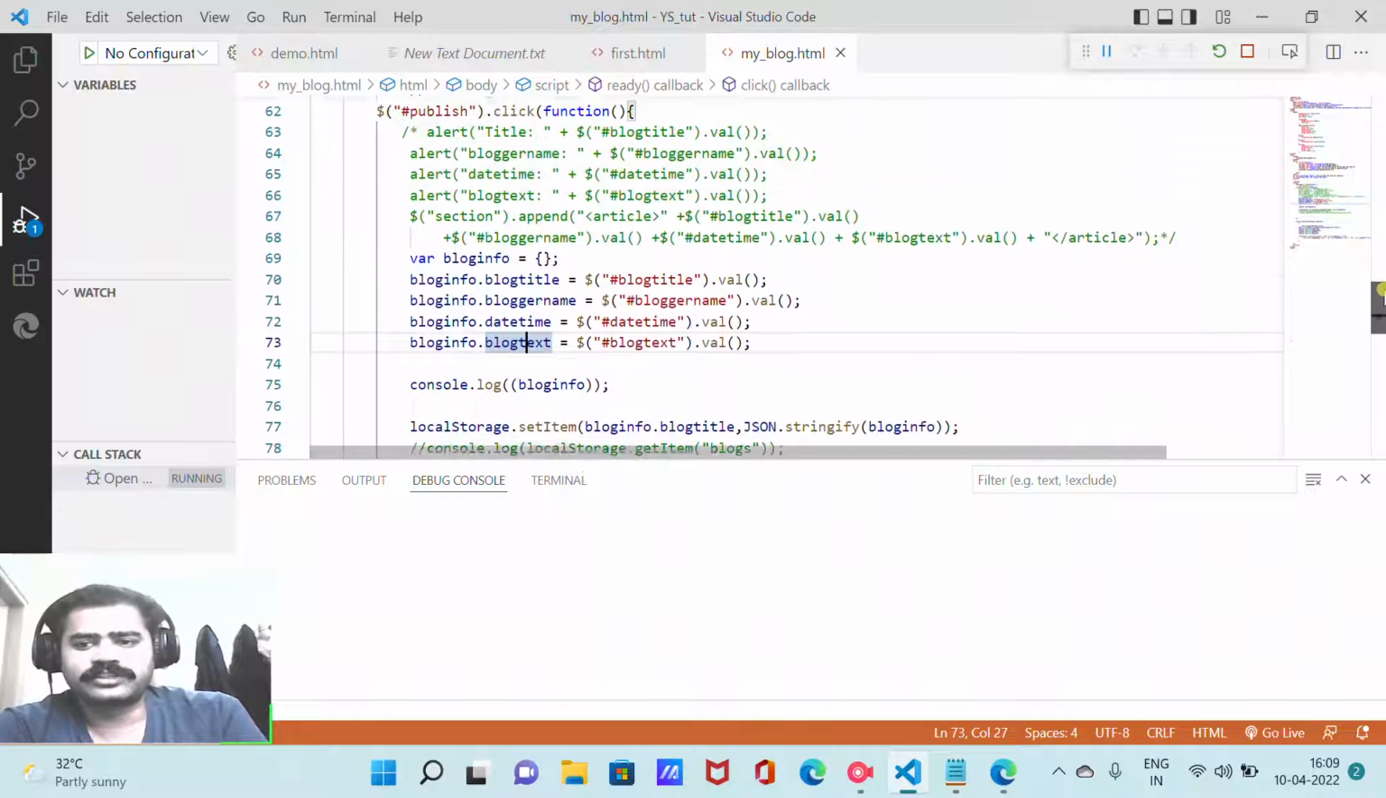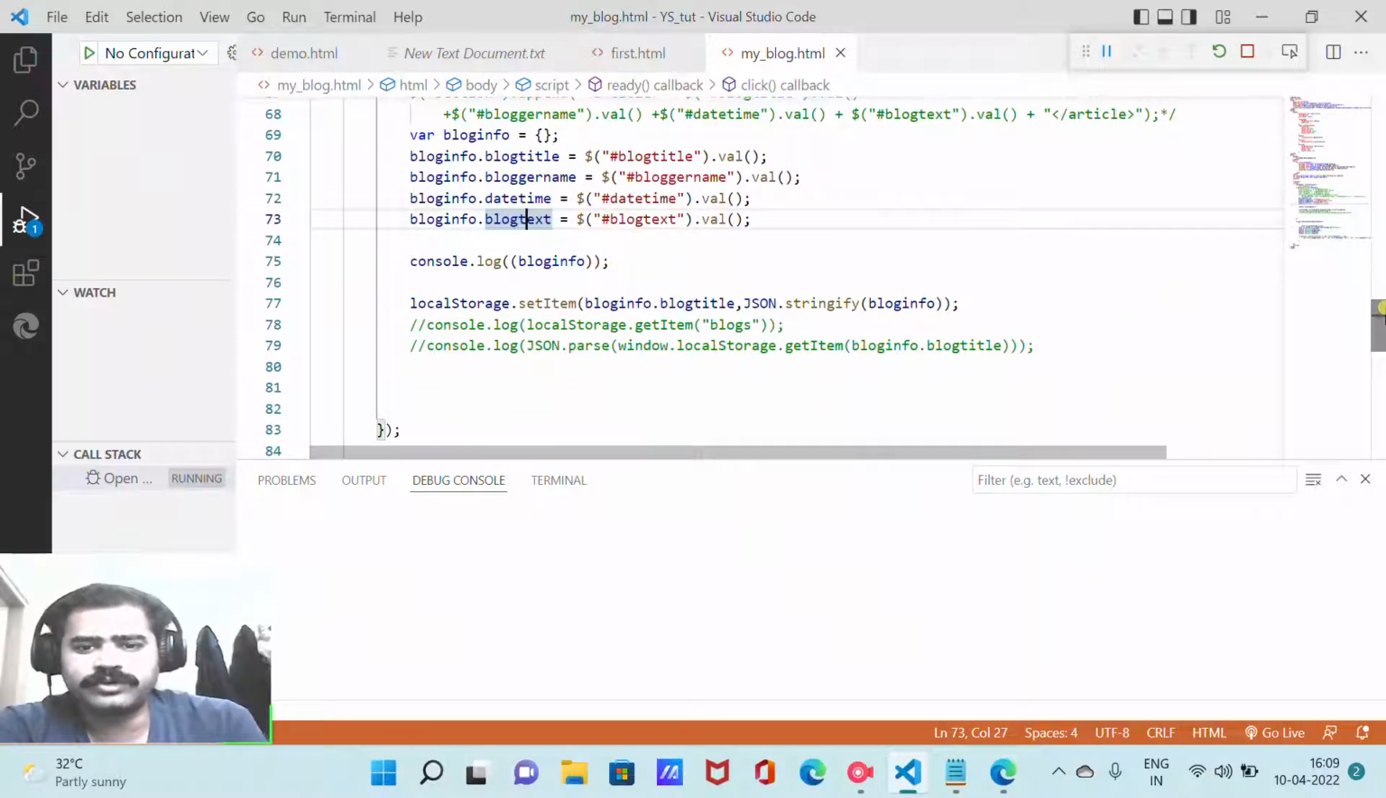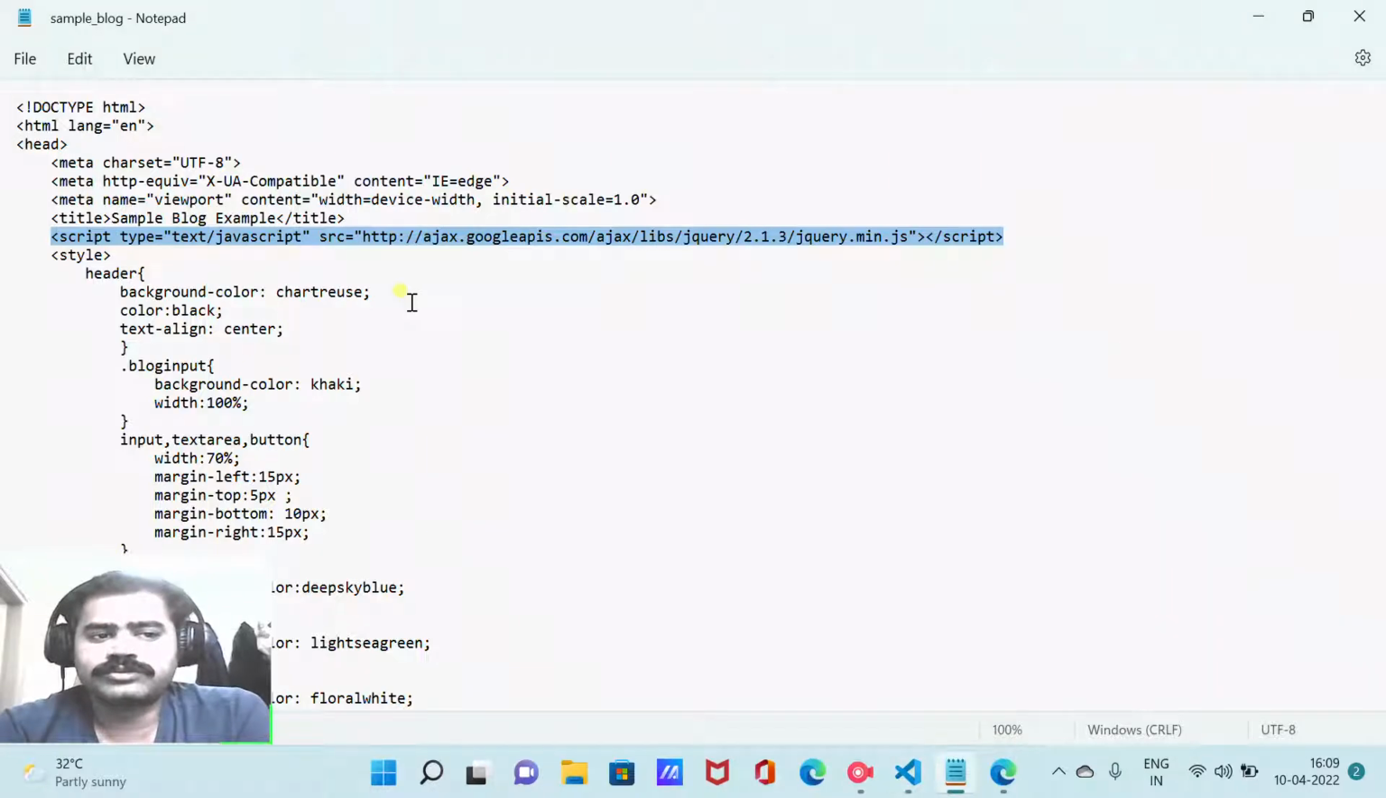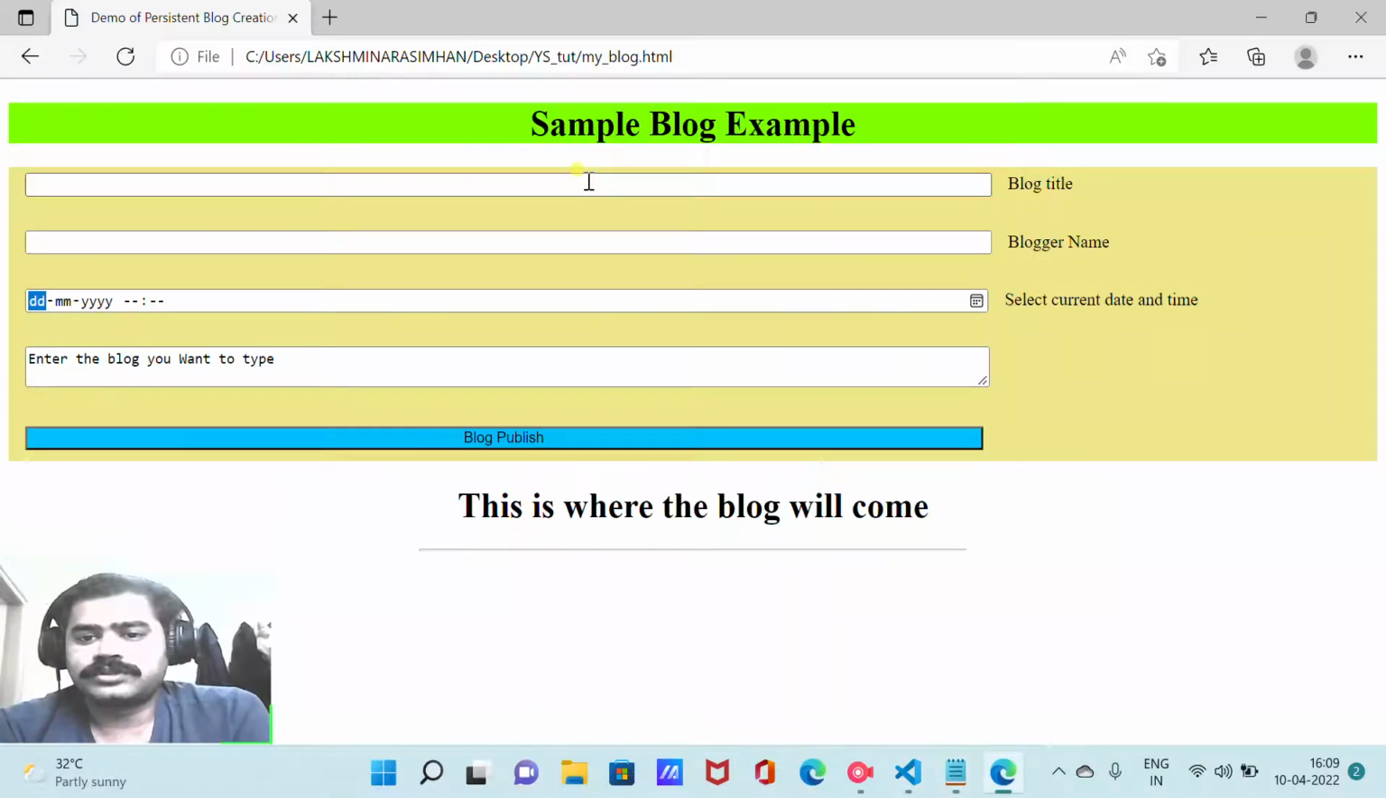Then for persistent blog, I will also show you a code after this video. I'll put a separate video. Here for persistence I'm using local storage. Local storage is nothing but, you know,